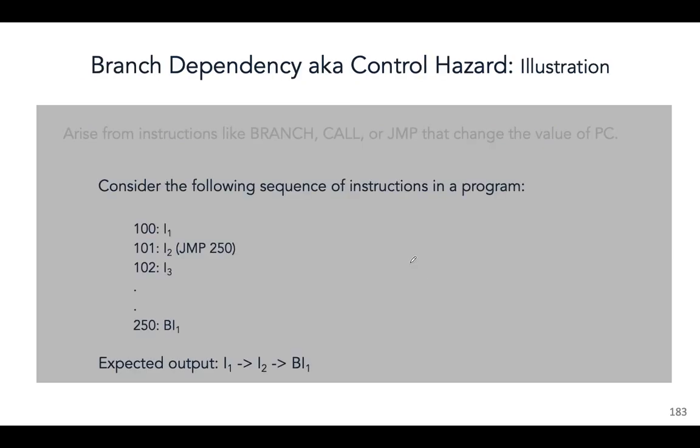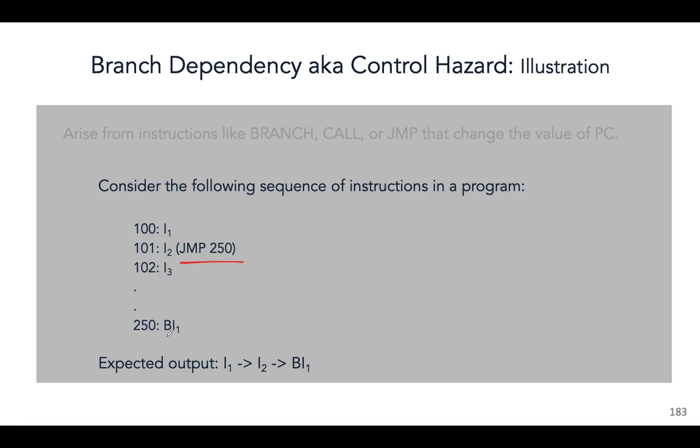Now let's consider an example. This is a hypothetical sequence of instructions. At the 100th location we had instruction 1, and then at the 101st address we had instruction 2. This instruction happened to be a jump instruction. Then there was an instruction 3 at address 102, then we had several other instructions in between, and then at the 250th location we had a BI1 instruction,